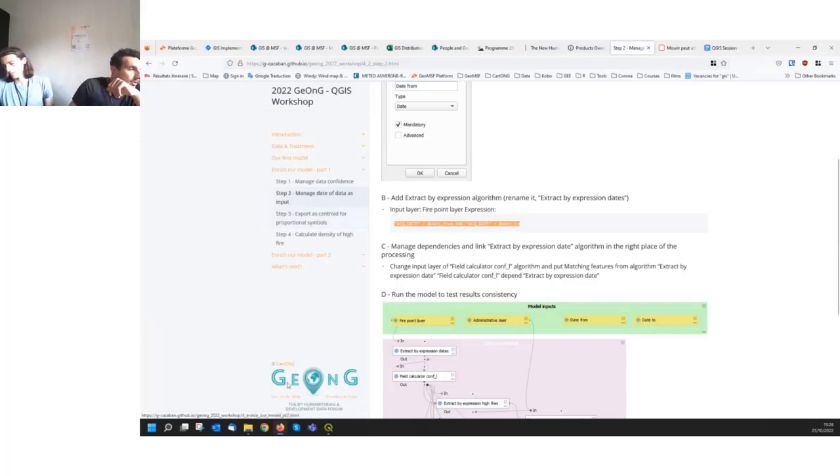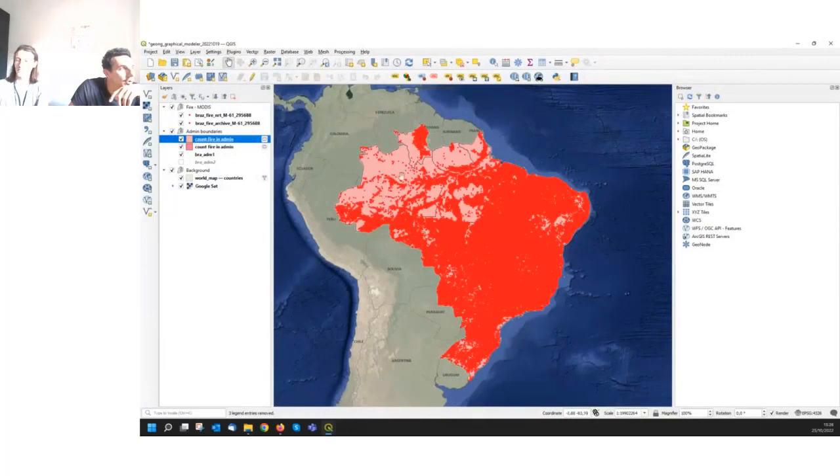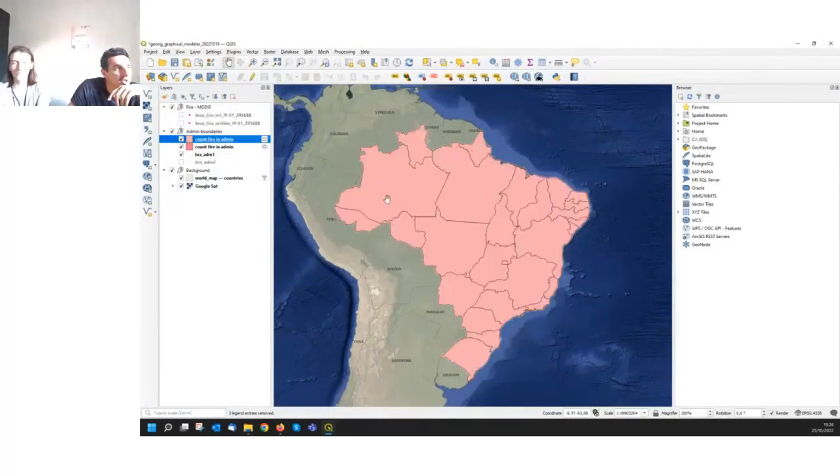As I said before, we want for each state of Brazil a graduated color for density of fire, but also a proportional circle for the number of fire, to be able to judge between the number of fire and the density